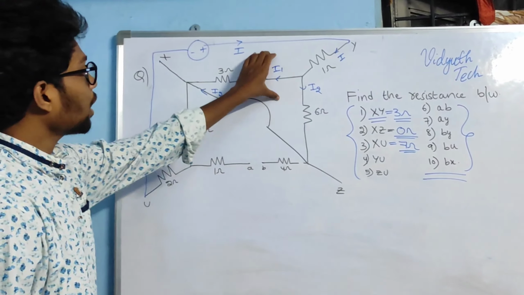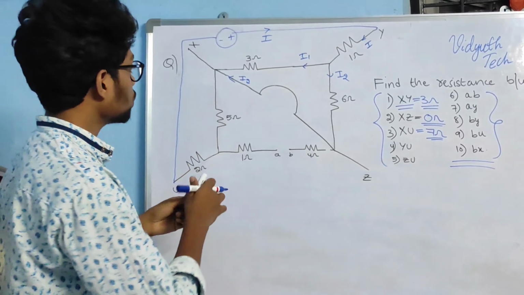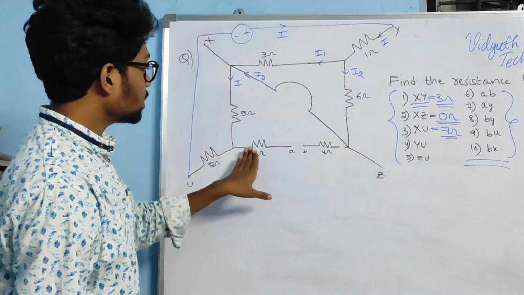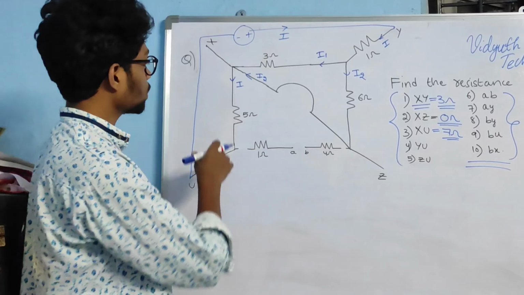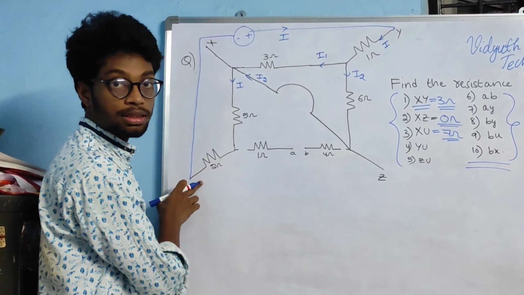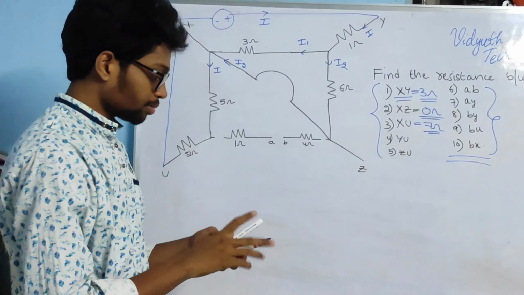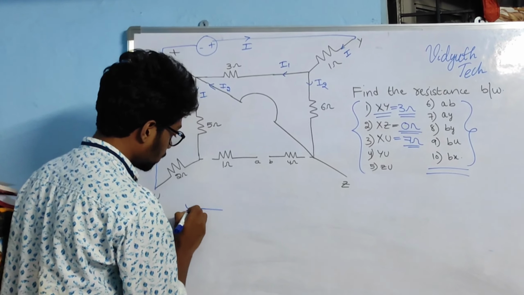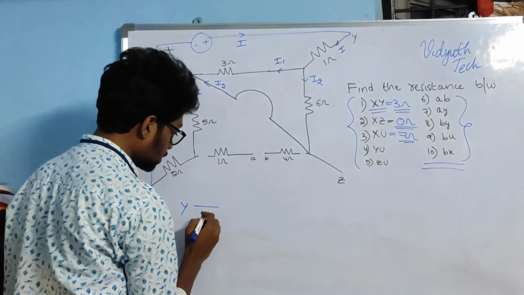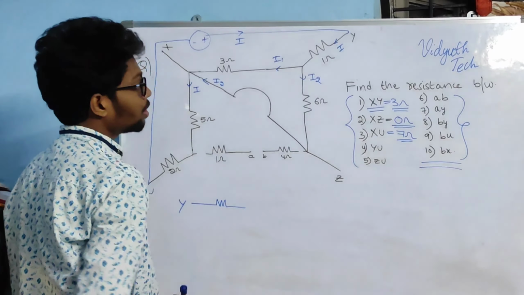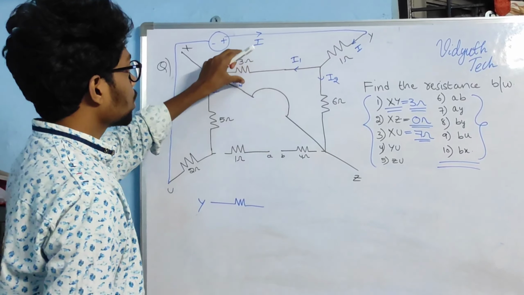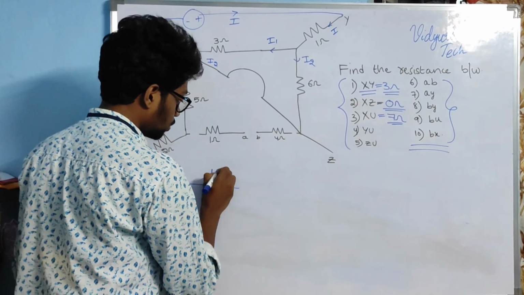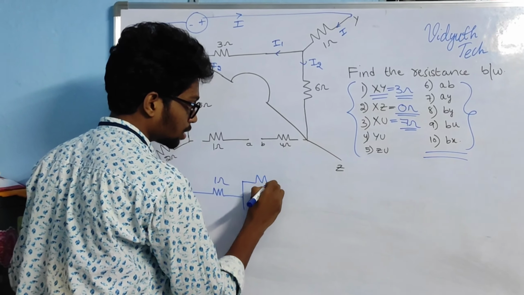Okay, I2 will come over here. I1 plus I2 join over here, so it will form I again. Okay, as this is an open path, you can take it out from the circuit. So I will be flowing like this, which makes a closed path. Okay, I am taking circuit diagram. I am taking Y terminal. Here you can see 1 ohm resistance. Here 1 ohm resistance is connected to the common terminal of 3 ohms and 6 ohms, which are connected in parallel.